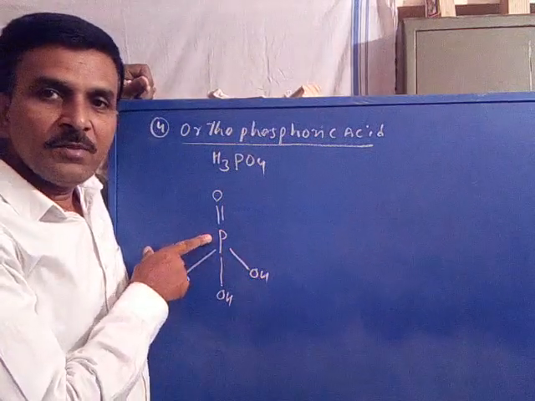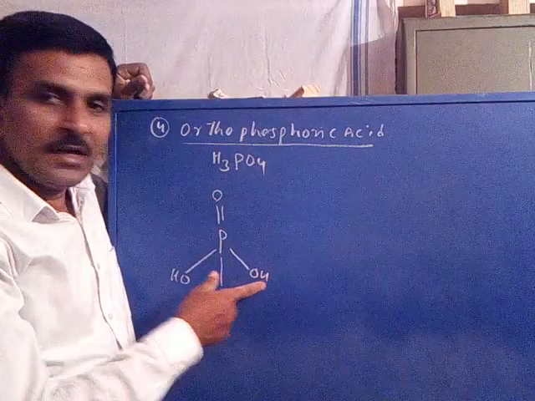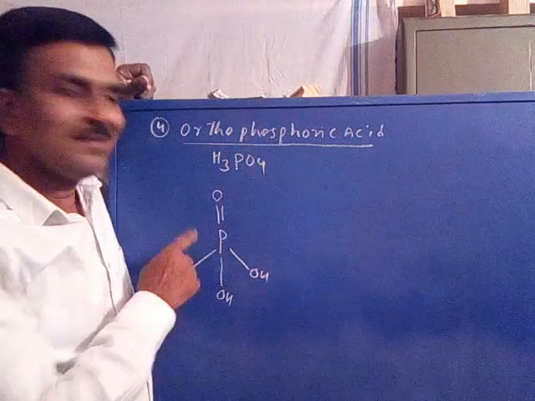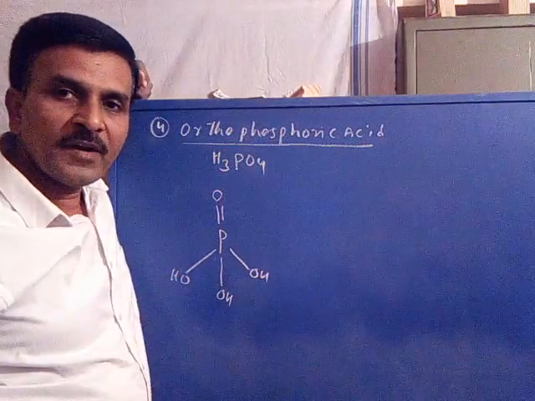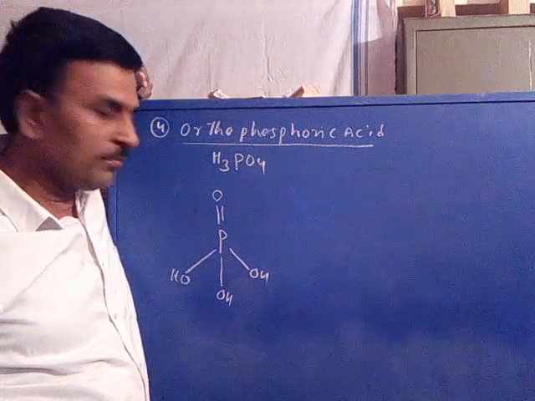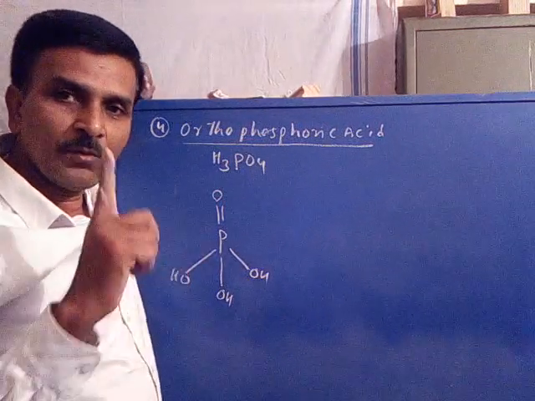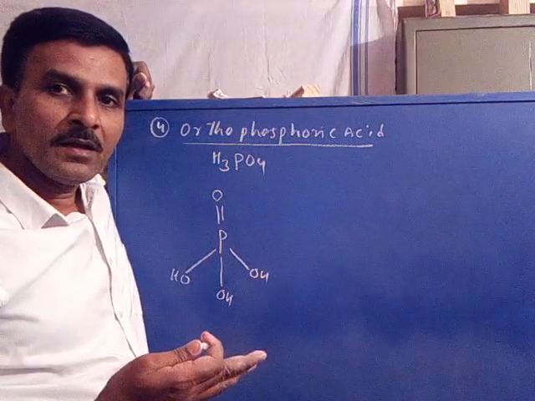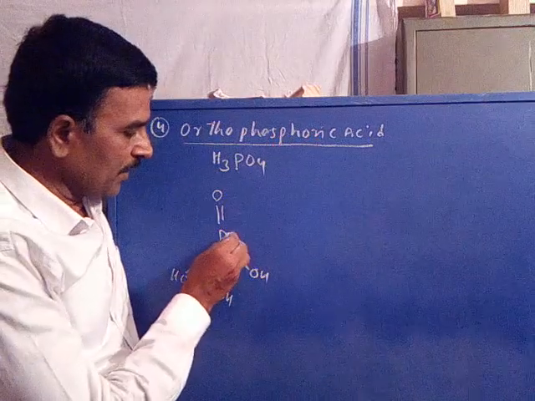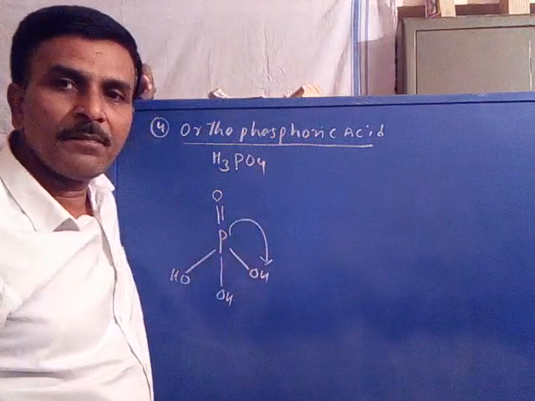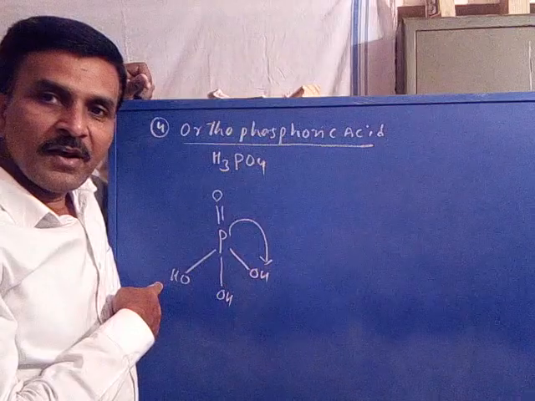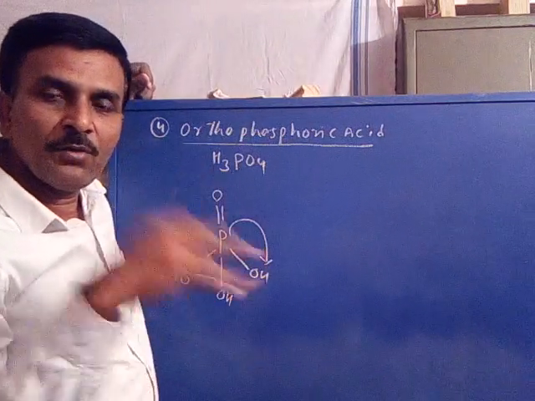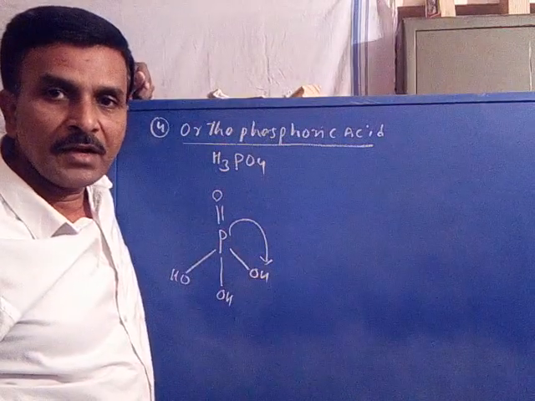Now phosphorus is attached by one P double bond O and three hydroxy groups, so it has a tetrahedral geometry. In this structure, both phosphorus and hydrogens are spin active. How many phosphorus are there? Only one phosphorus. Therefore one signal appears, with a multiplicity due to coupling with protons. All the protons are equivalent, belonging to the three OH groups. So one phosphorus nucleus is coupled with three equivalent hydrogens.